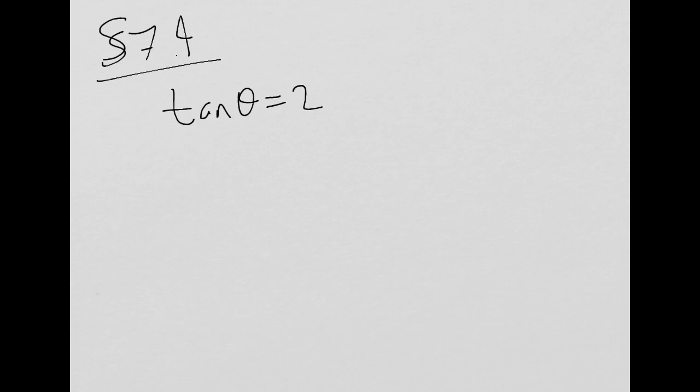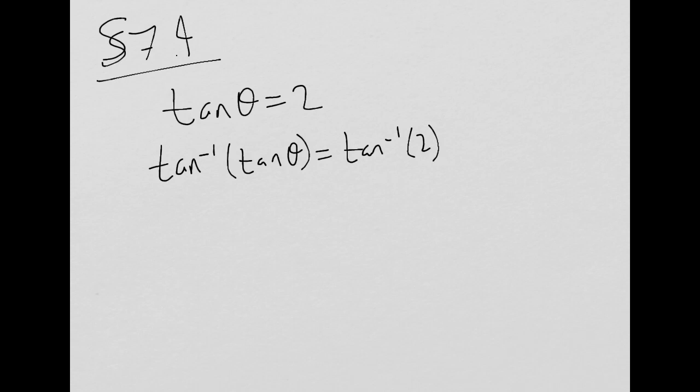And there's the immediate solution we can think of, to take the inverse function. So we get tan inverse of 2. So we get theta. Now tan inverse of 2 doesn't have a nice result, but you get about 1.12 if you plug it into a calculator. That is, of course, in radians. But